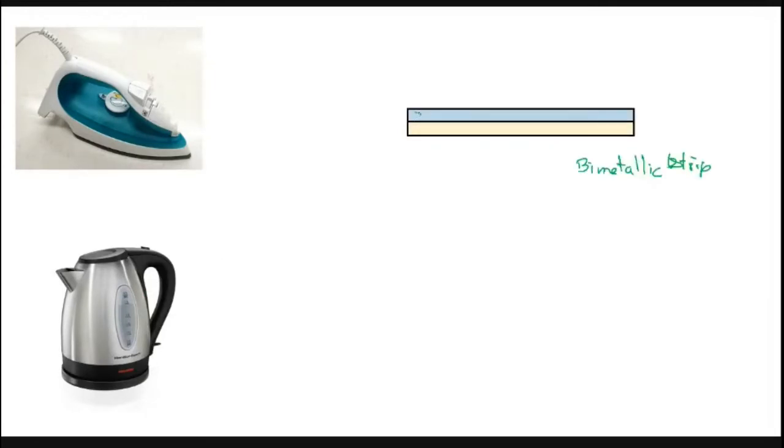When it boils, automatically the power will go off. What is the reason behind it? You have something like this. We call this a bimetallic strip. You have one material here, let me consider brass, and the other will be copper or something like this. These two materials are attached together. It is welded or riveted.